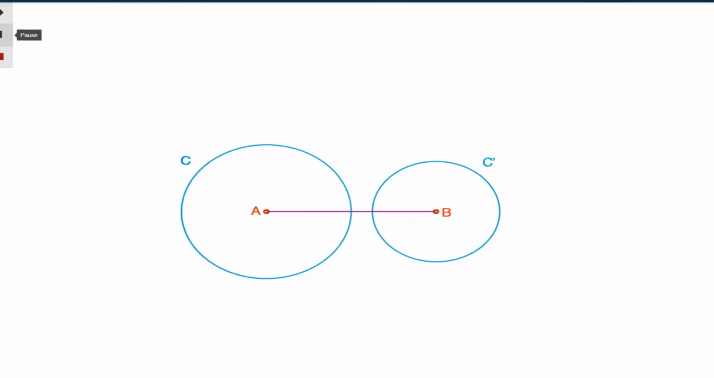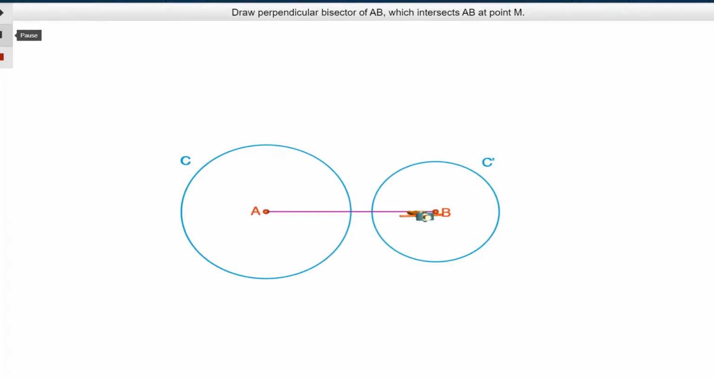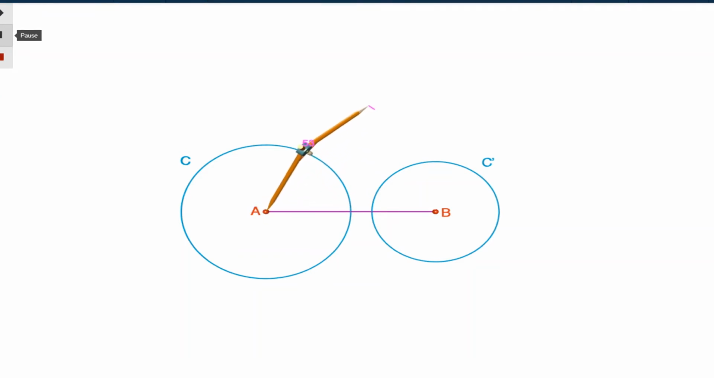For this, we have to perpendicularly bisect AB. So a perpendicular bisector is a line which bisects the line segment. So with center A and radius equal to more than half of AB, draw an arc above the line AB. And with B as center and the same radius, draw another arc, and both arcs intersect at one point. Mark it as any point you like. Here we have taken the point as